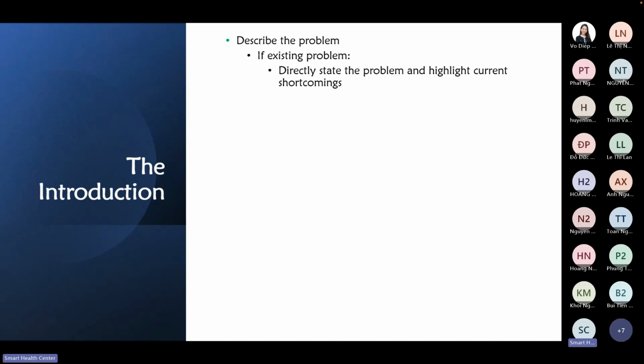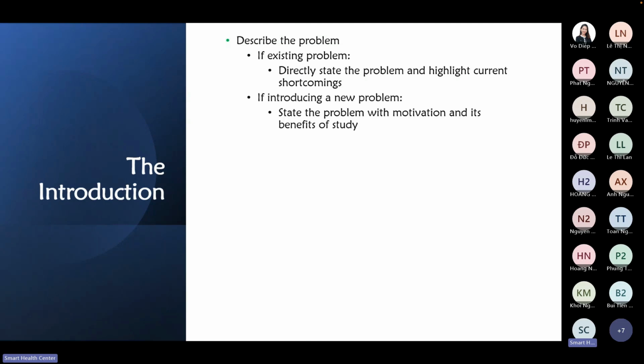So if the problem is an existing problem, nothing new, then you just directly state the problem and highlight current shortcomings right away. That's the first paragraph, right? Yeah, for this problem, it has been studied, however, XYZ, right away. You don't need to go back and say, oh, today the technology is evolving, the economy is so good, the weather is beautiful, and XYZ, and then the problem. Then you waste one paragraph for no reason, right? Because the problem you will know, then you say, we study this problem and here are the shortcomings, and right away criticize the current existing solution.